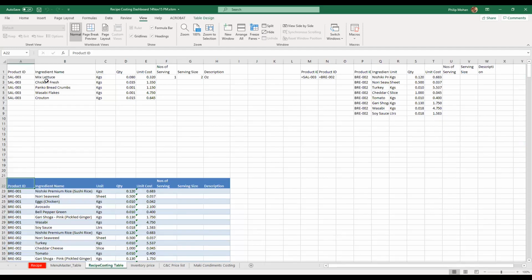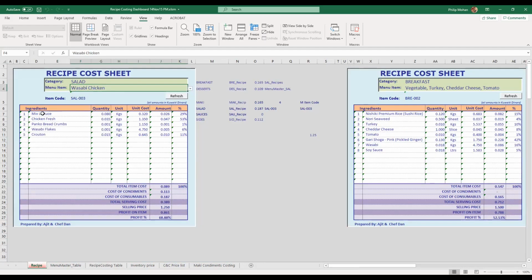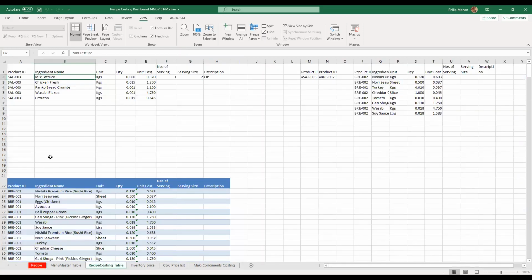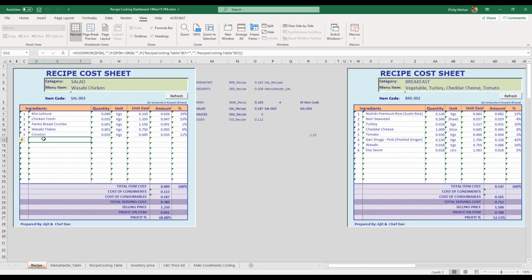Let me just go and see. This is B2, right? See, it says if B2 is space, don't do anything. Otherwise, give me B2. And this will be B3, and this will be B4, B5, B6. B7 comes against the condition that there's nothing there in B7. If you go to this one, under B7, there's nothing. So because there's a space under B7 there, I want a space here also.